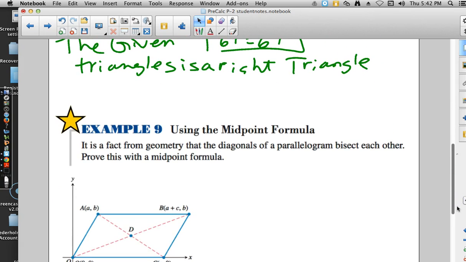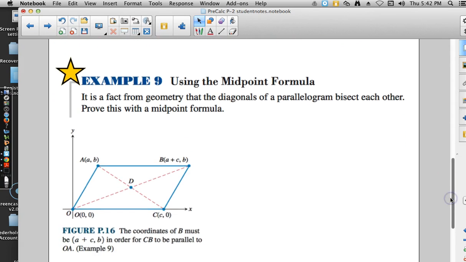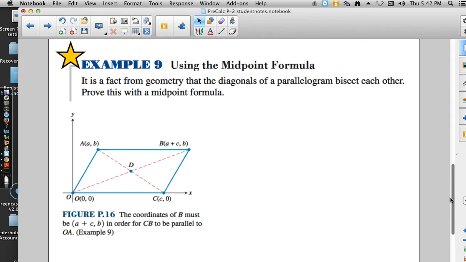This one says, using the midpoint formula, it is a fact from geometry that the diagonals of a parallelogram bisect each other. Prove this with the midpoint formula. Well, how are we going to prove that? If we find the midpoint of each one of these diagonals and it lands in exactly the same spot, then we know that's where the midpoint is. So let's see. We'll use A, AB, and we'll use C, C0,